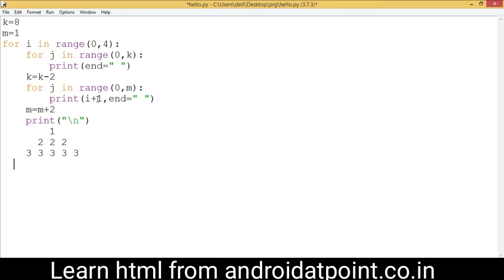So 3 plus 1, 4. So 7 times it will print the 4 value here: 1, 2, 3, 4, 5, 6, 7.